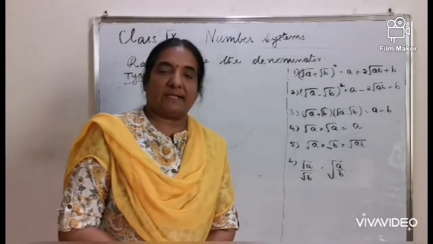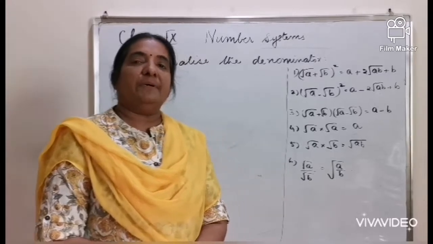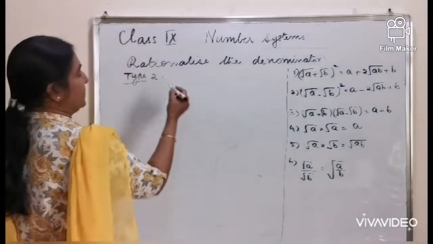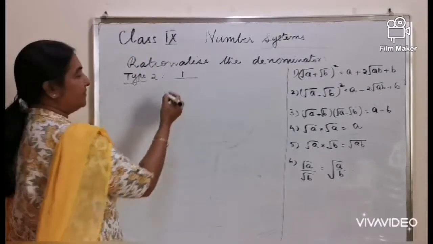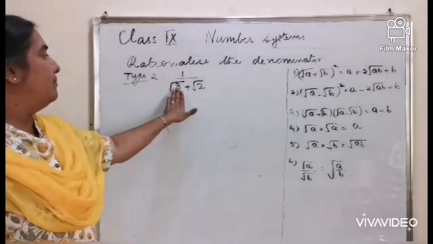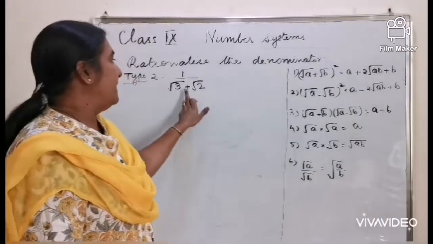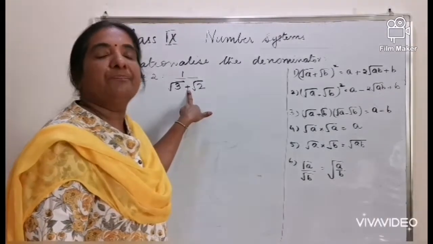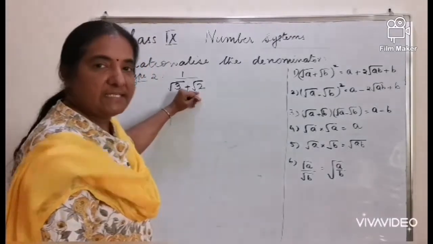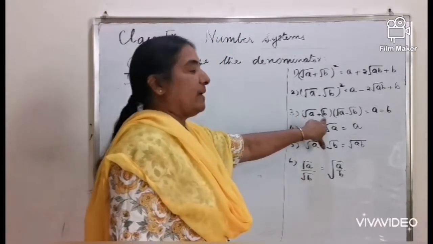After learning the rationalization of denominator with only one term, let us proceed with numbers with two terms in the denominator. The question is, rationalize 1 by root 3 plus root 2. You can see here both the numbers are irrational factors and they are separated with the addition symbol. If you want to rationalize this denominator, the identity used will be square root of a plus square root b